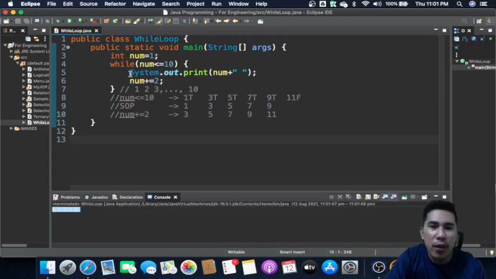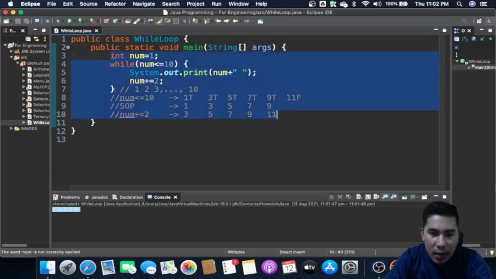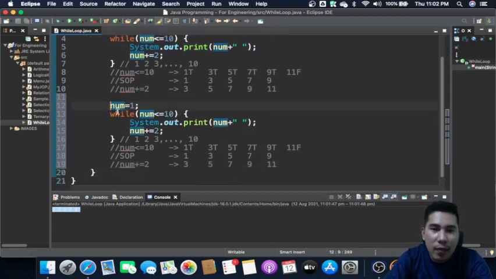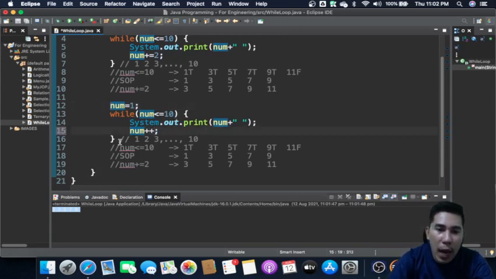So you can also create a program in a similar way that has an if condition. For an instance, you want to have another program. In the next line, we have num is equal to 1, back to 1 to 10. But this time, we increment by 1.